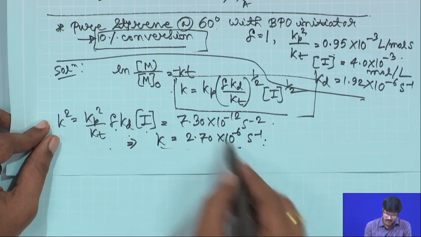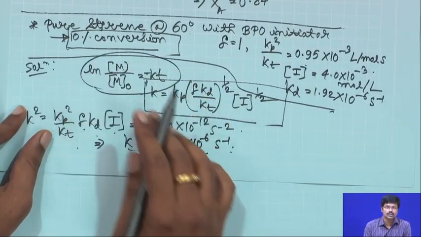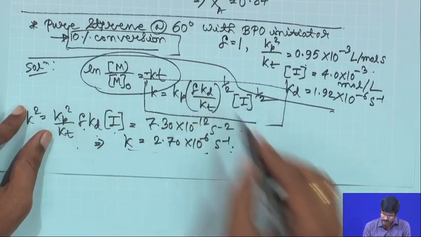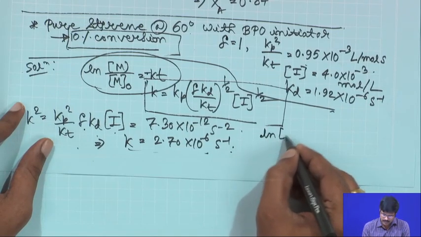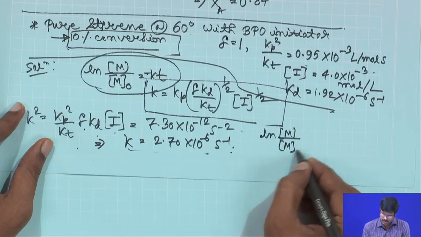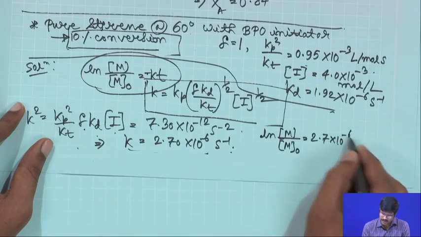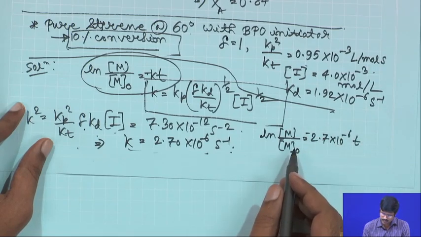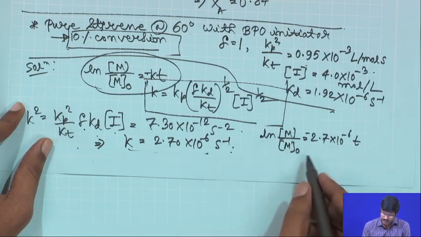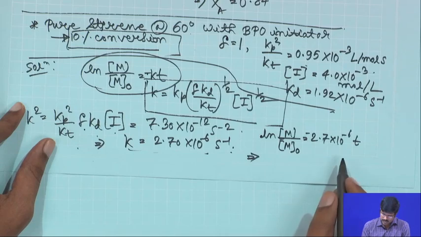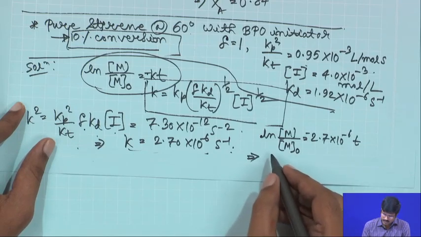So, you now put this value here, then what is the expression you will get from here? If you put the value there, you will get ln m by m naught equal to 2.7 into 10 to the power minus 6 into t. There is a minus term there. Okay. So, if you do the calculation here, what you will get? You will get from here,